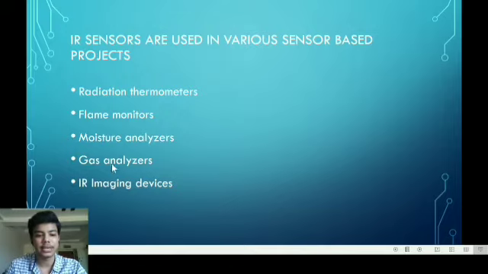Coming to the gas analyzers. IR sensors are used in gas analyzers which use absorption characteristics of gases in the IR region. There are two types of methods used to measure the density of the gas: dispersive and non-dispersive. Coming to dispersive, an emitted light is spectroscopically divided and their absorption characteristics are used to analyze the gas ingredients and the sample quality.